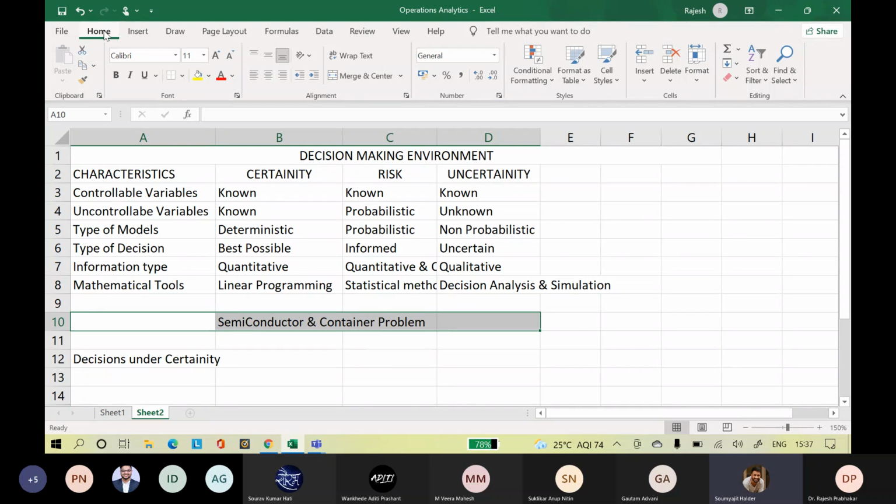IHS Markit, they gave the quantitative data. That's why it is certain right now. That's why they cut down the production, right? They no longer have the units with them. They have reached the lowest inventory point at which they don't have supply. And that's where the certainty has come into picture. Now, what is the best possible decision they have made? Based on the quantitative information from IHS Markit, these guys decided, okay, we'll cut down the production.